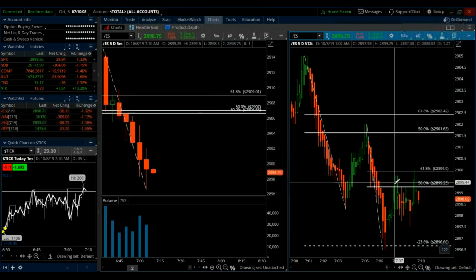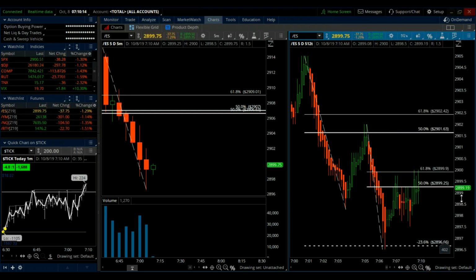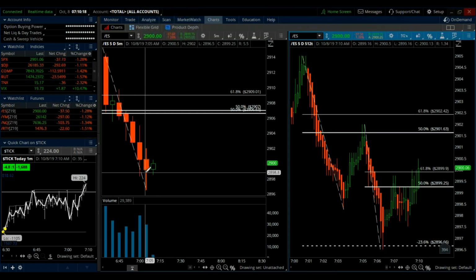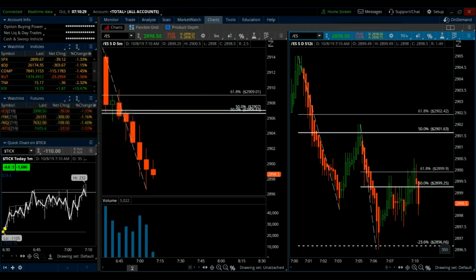A retest of this 50% short is the only weakness in the short we've seen. Coming up, getting a new high tick for the day, but this candle, maybe there it goes. So what was that, a 575 down to a 900 and a quarter, and we may keep going, but